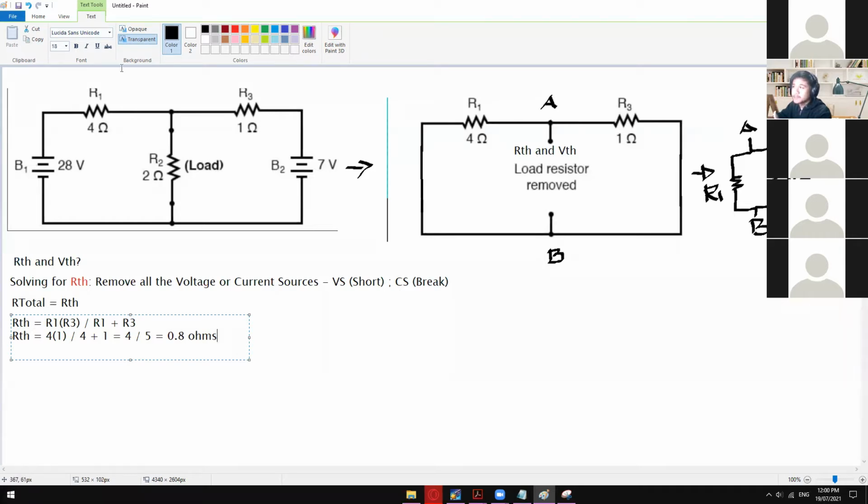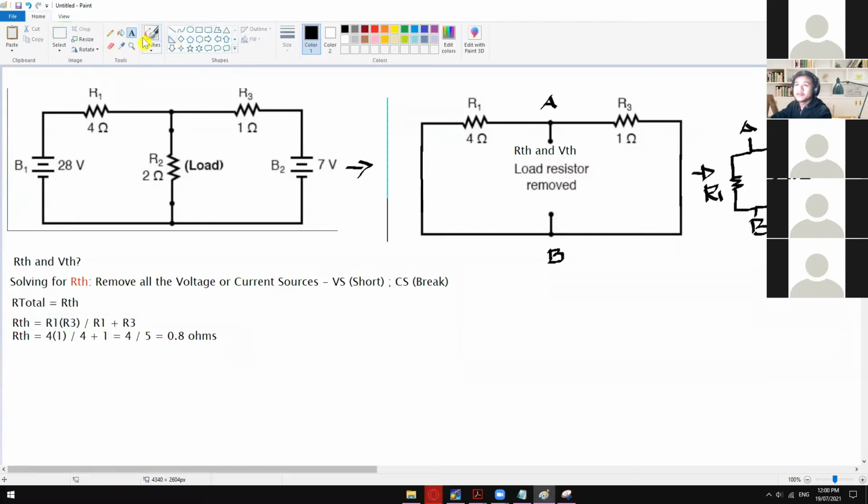But what if we have the R load in here? Let's say this is now the part wherein it is open. So we have here now node A and node B. Since we don't have nodes in here anymore, just simply add them. So that's already your RTH. So 4 plus 1 is your RTH. But since we have a node in here, forming a parallel connection, that is why we have 0.8